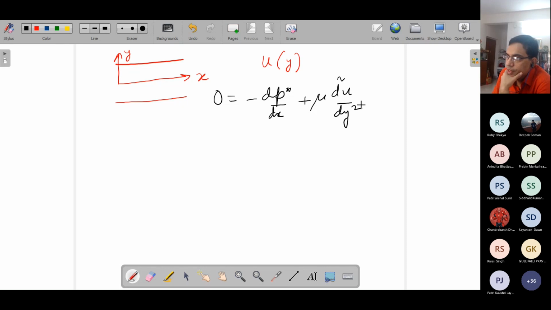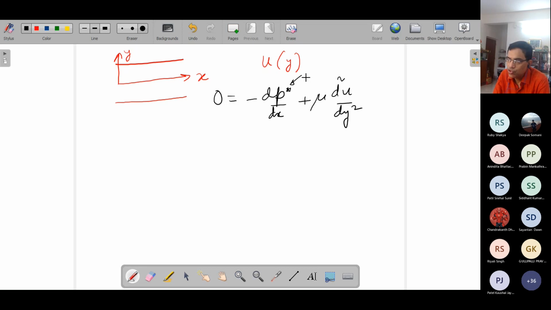So I think up to this we derived in the previous class. Doesn't matter whether gravity effect is there or not. Technically, it could be such a tall channel that the gravity effect might influence, but all that is included in this P star definition, which is P plus rho g into the height, but the gravity is automatically included.